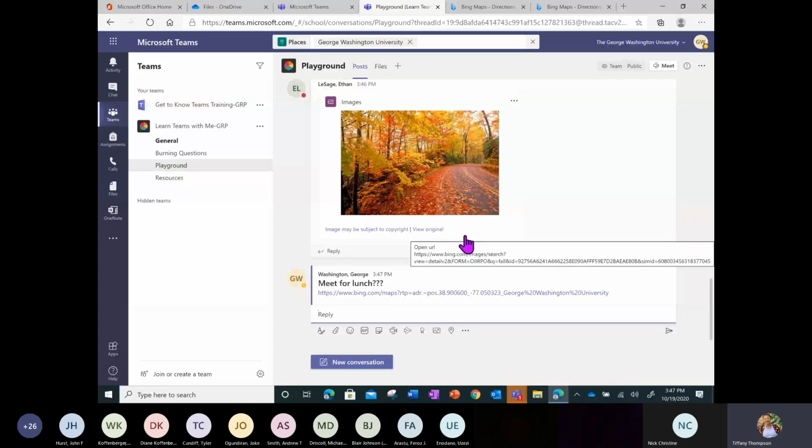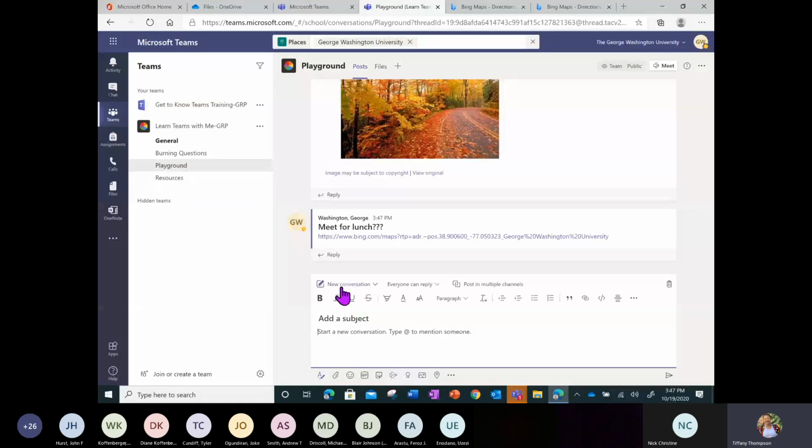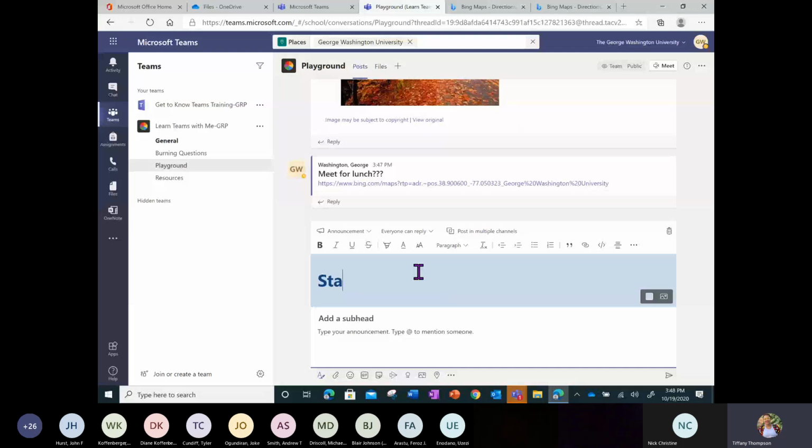All right. You can also start a quick poll. So in your conversation editor, let's say we are trying to decide on our staff retreat for fall 2020. Let's decide on the perfect location for our upcoming staff retreat.